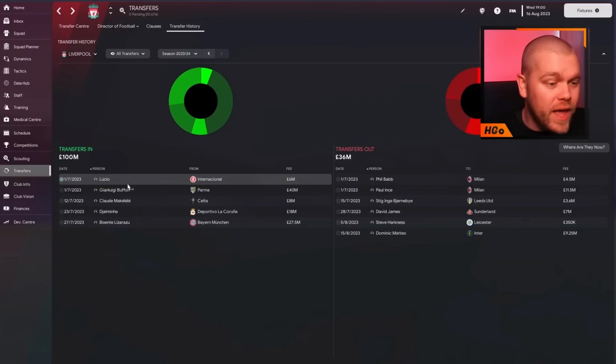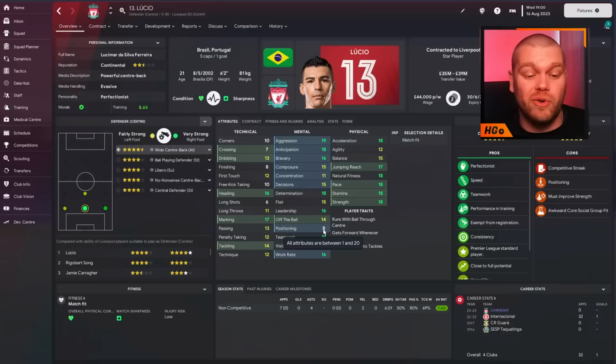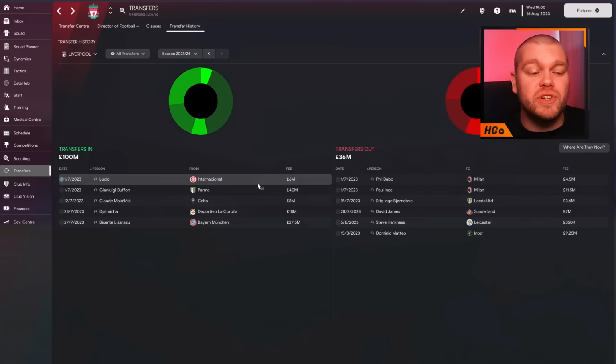In the incomings, we have Lucio, the former, in real life, former Bayern centre-back. This guy looks like an absolute machine coming out of Internacional in Brazil. Looks fantastic. Great heading, great marking, fantastic tackling, superb mentals as well. His positioning's a little bit awry, but that's definitely something we can fix. Physically, 18 pace, 18 acceleration, 17 jumping reach. He's 6'2". The guy is an absolute monster. He comes in for just £6